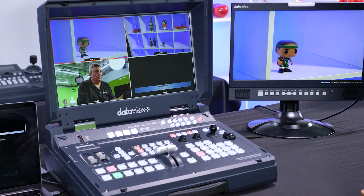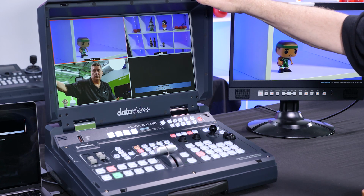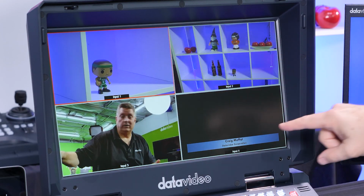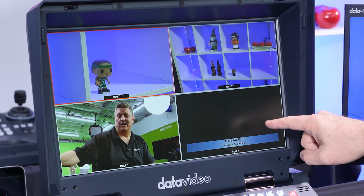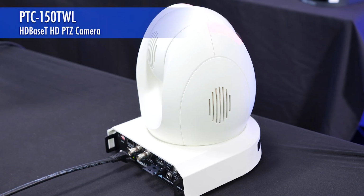First, I'd like to show you the panel that's built into this HS1600T Mark II. It's a 17-inch screen, and you can see there's 4 screens here, a quadrant screen that has 3 inputs for my camera, 1, 2, 3, and I have a 4th input for my laptop that you see here on the table. Camera 1 is over here, the